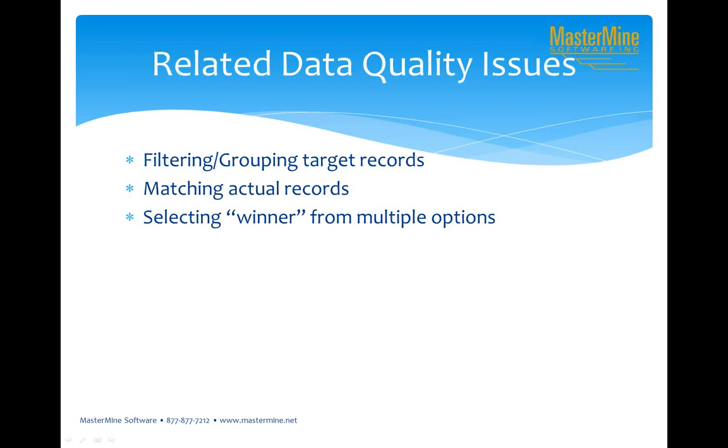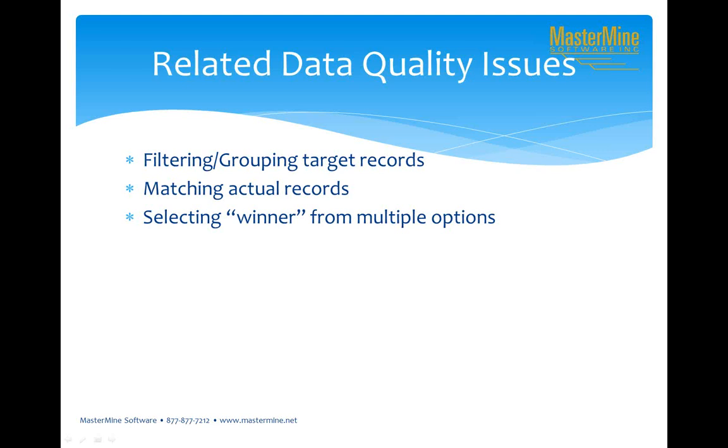So think in terms of not just what fields you're going to look at, for what fields are going to be matched up, but what are the criteria that you're using for selecting what gets matched, for selecting what goes through the wizard. And then the third set here is the information that you can use for deciding who's the winner, and that relates to that